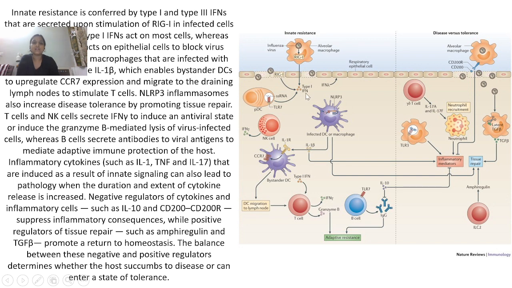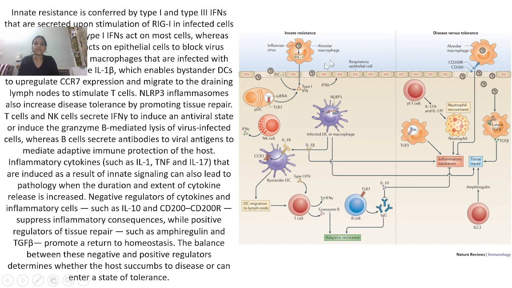Then this type 1 interferon will act on most cells, and there is secretion of the type 3 interferon also, IFN lambda, which acts on the epithelial cells to block viral replication. Here you can see IFN lambda is acting on the epithelial cell. There is also IFN gamma, which is produced by the NK cell or natural killer cell. And so the dendritic cell or